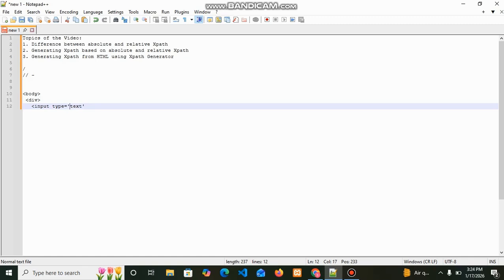So if I want to find the XPath for this input element, I have to start from body as part of the absolute XPath.